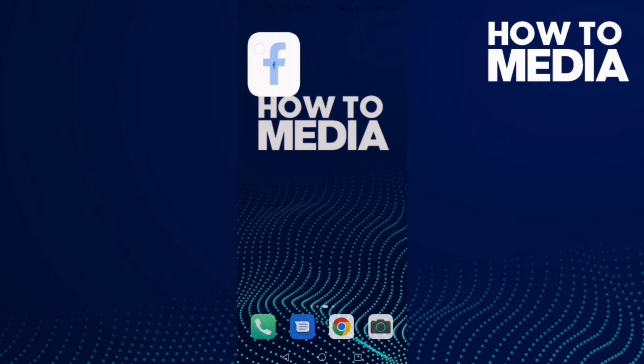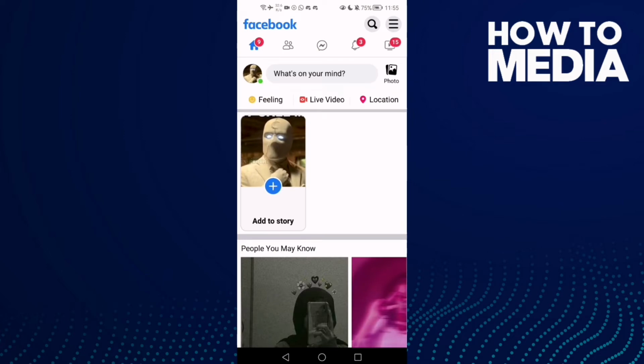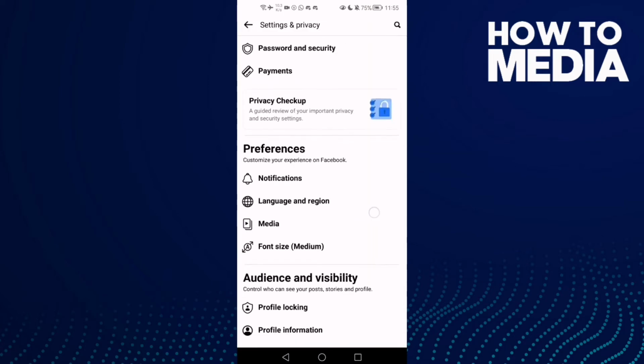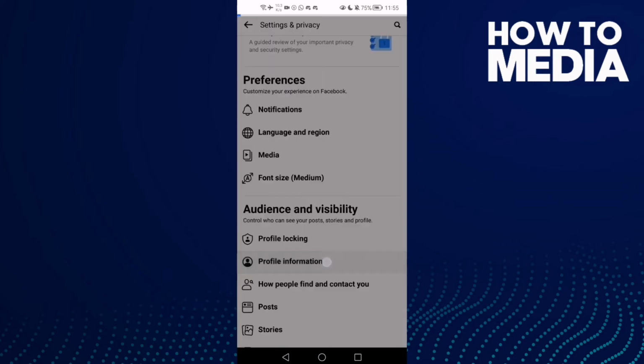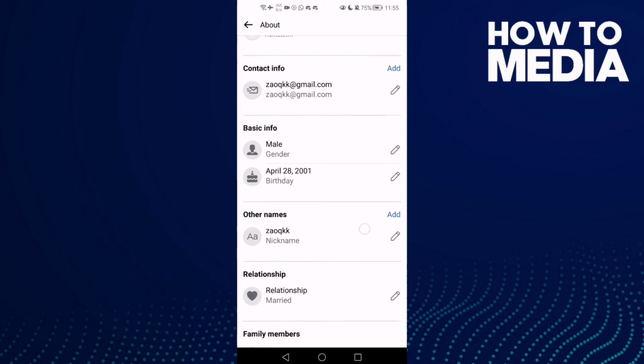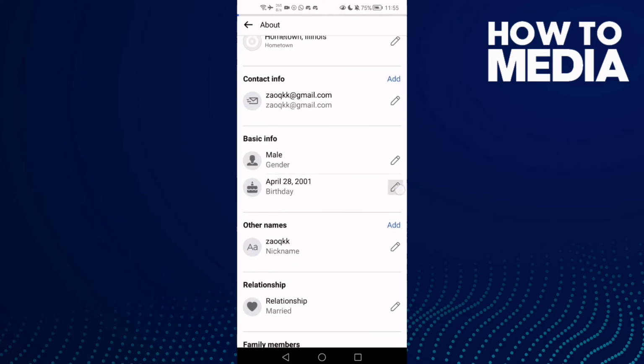First thing, go to Facebook Lite and here you will find these three lines in the top corner and go down until you find settings and then profile information, and here you will find your birthday. Click this pin here,